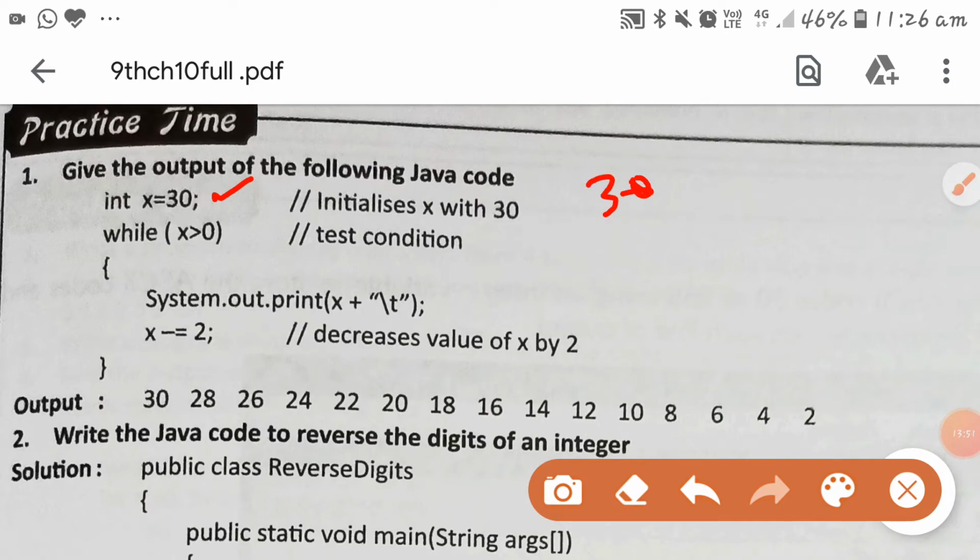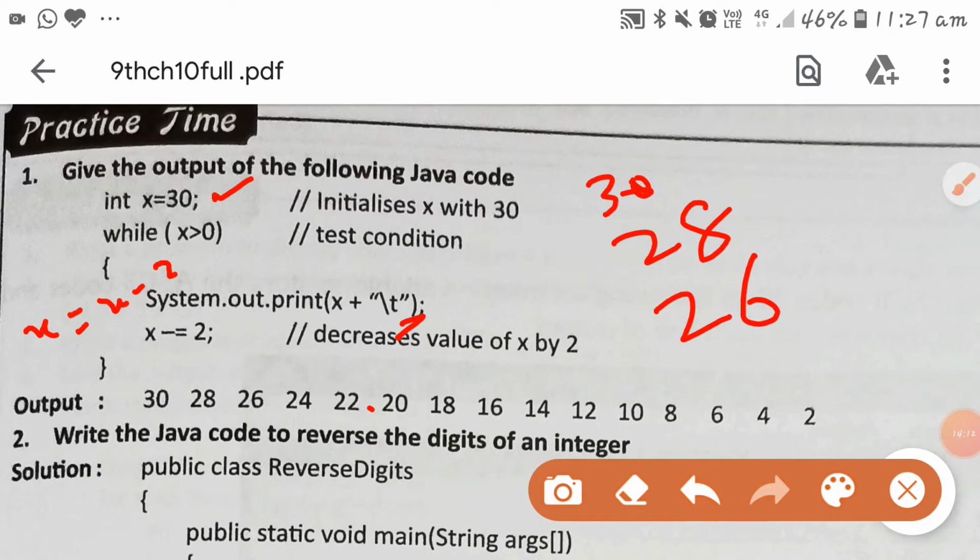After that some spaces are there, backslash t. Then the value of x is decreased by 2. x minus equal to 2 means x equal to x minus 2. The value is decreased by 2. So after 30, 30 minus 2 is 28. 28 minus 2, 26. 26 minus 2, 24.